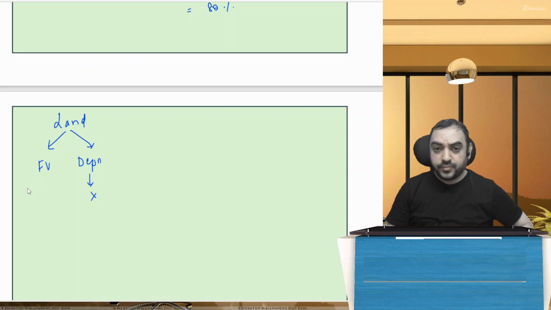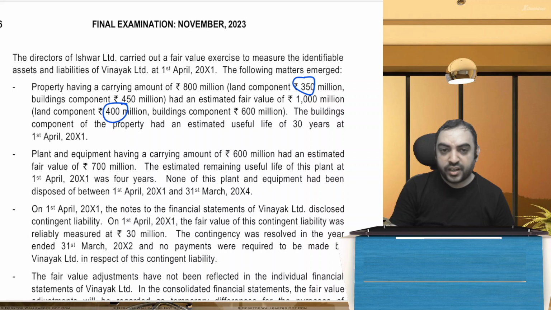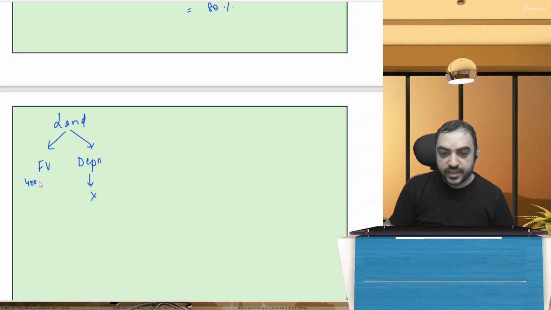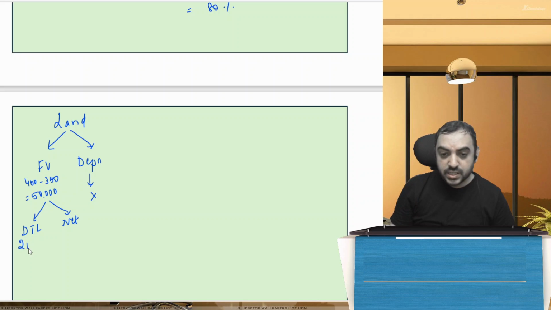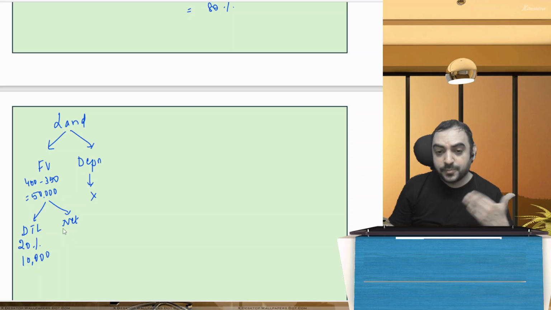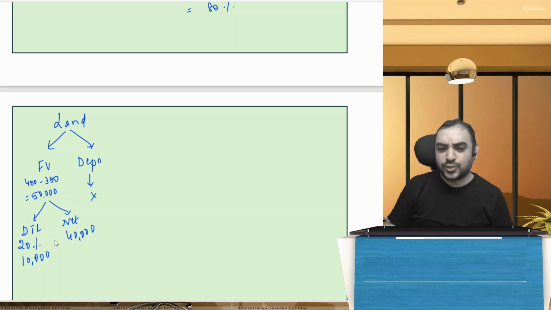Fair value, you will get it as I just showed you now, right? 350 and 400, so 400 minus 350 is 50,000, because I'm converting from million to thousands. On fair value, you have to consider the deferred tax impact and net. The deferred tax liability at 20% on 50,000 is 10,000. Net, that is 40,000. I can show 50,000 and 40,000 separately, but net 40,000 is what I will